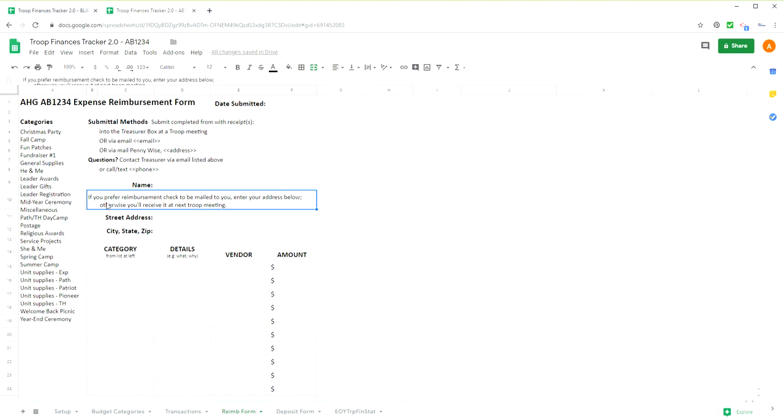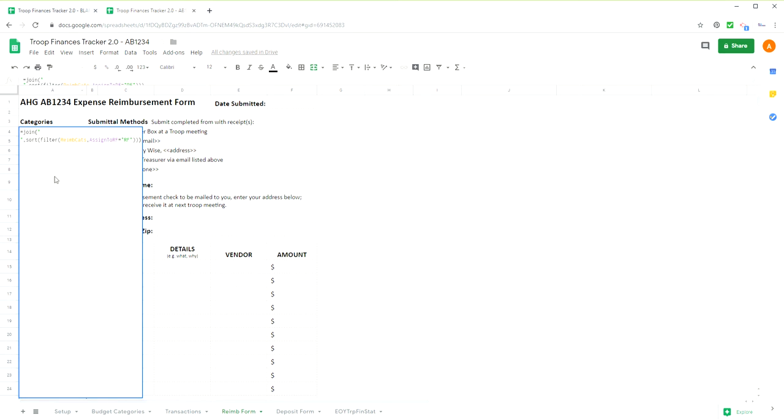Some of this, if you want to change it, maybe you don't want to give it at the next troop meeting, you're always going to mail it. This isn't yellow because I'm not expecting you to change it, but you certainly can. Just go up here and start typing whatever you want. Now, things like this, if you want to change the categories that are listed here, you can't do that. If I try and type here, it just goes to this